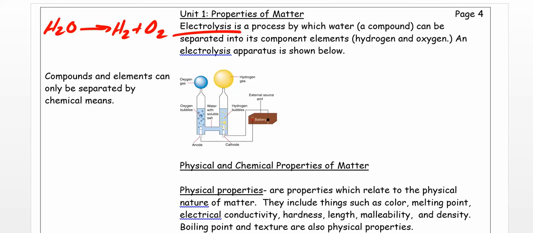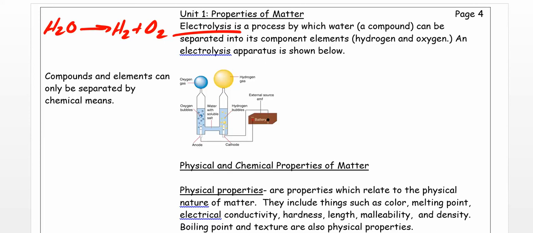In order to do that, I'm going to need this setup. It's called electrolysis. The way that it works is I have two tubes just like this, and I have electrodes. One's called a cathode, the other one's called an anode. And I fill both of these with water. I'm going to have a battery set up so an electrical current is going to run across the two tubes. And then what's going to happen is that the water, via the electricity running through it, is going to be turned into oxygen, that's oxygen on the left, and hydrogen on the right. So balloons are placed above to collect the oxygen and the hydrogen gas.